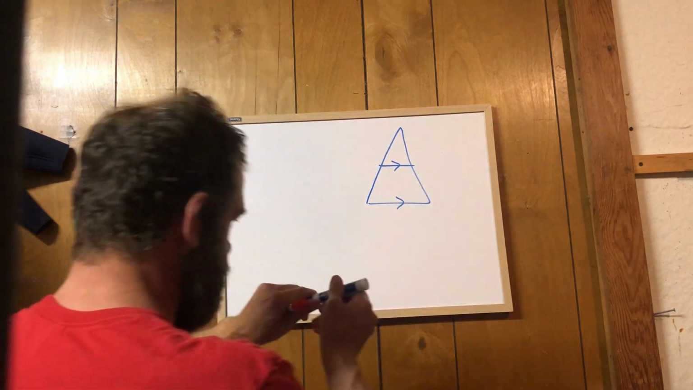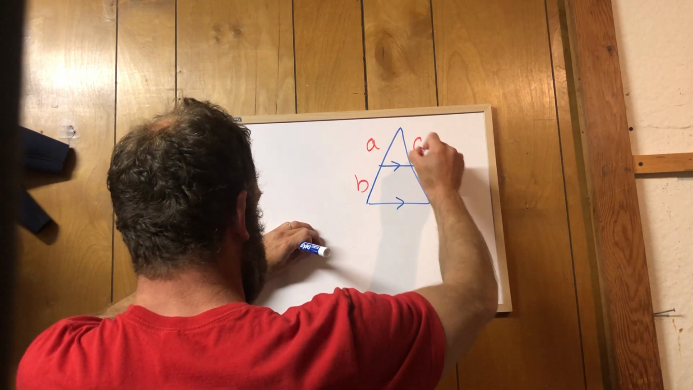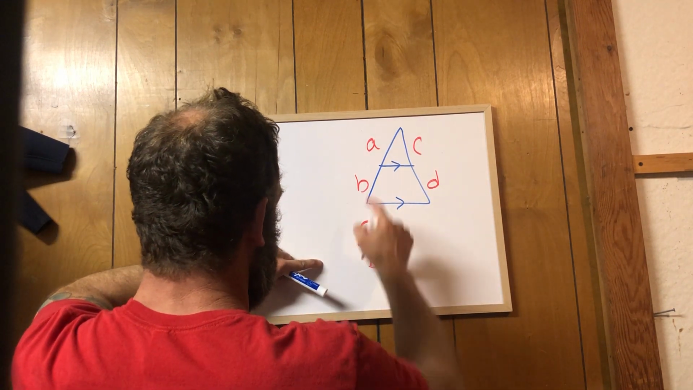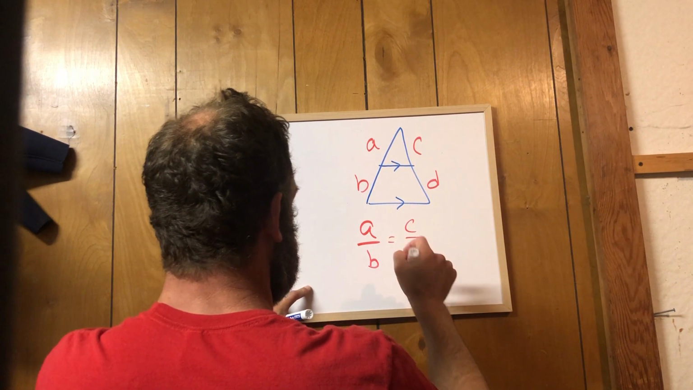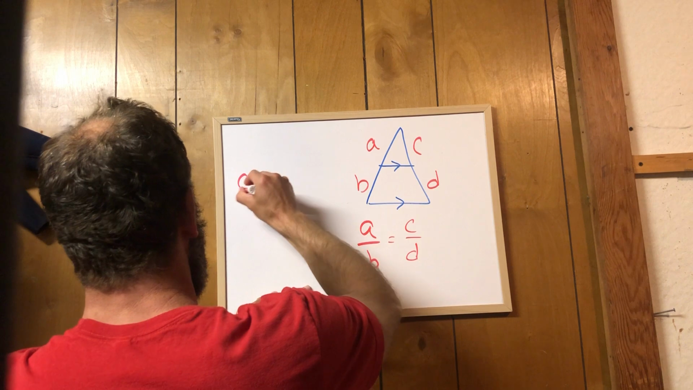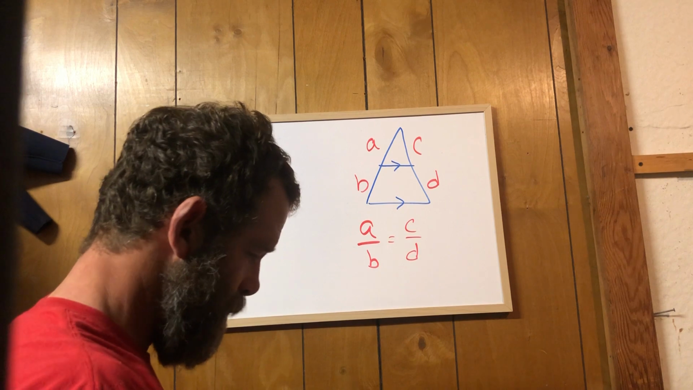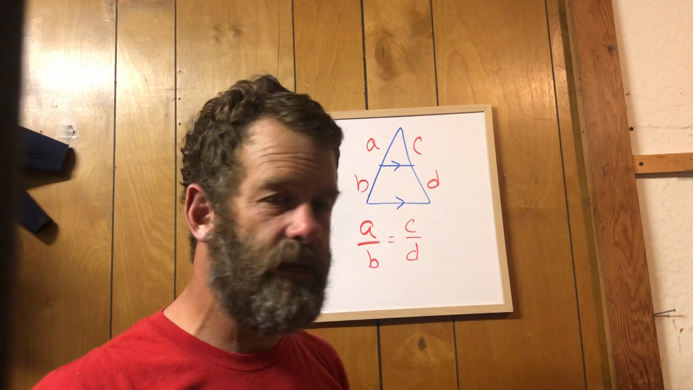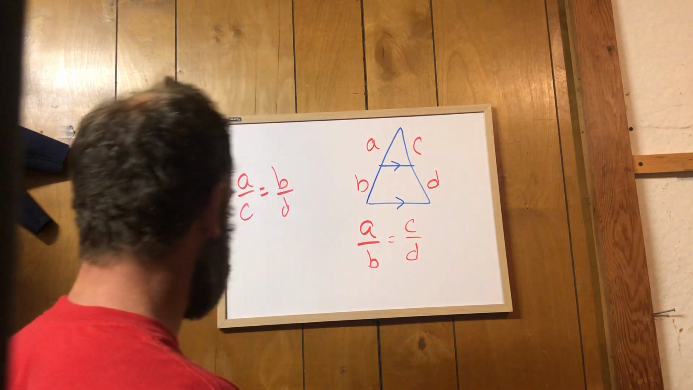Now, what I went ahead and did is I labeled everything A, B, C, D. And then the triangle proportionality theorem says A over B, this over this, is equivalent to the exact same proportion as C over D. And another way you can write it is this. You could say A over C equals B over D. Okay, the reason why that's important is because look at the two example questions that I give you. With the two example questions that I give you,